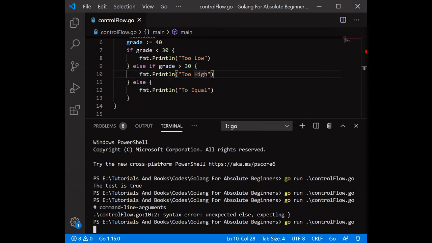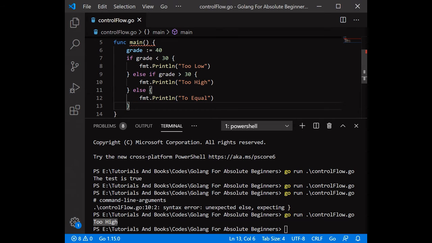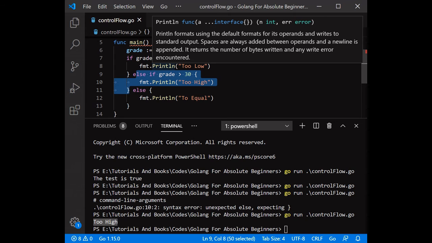There was some syntax error, so I fixed that and I am now running the program. As you can see, it prints out too high. This means that our else if condition is true.